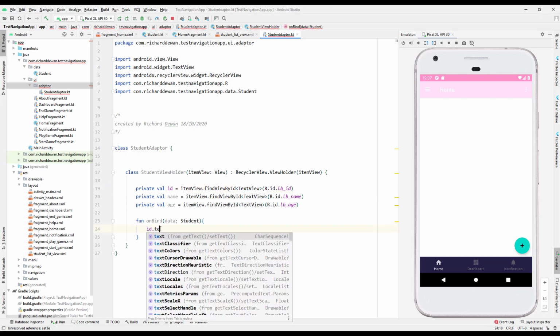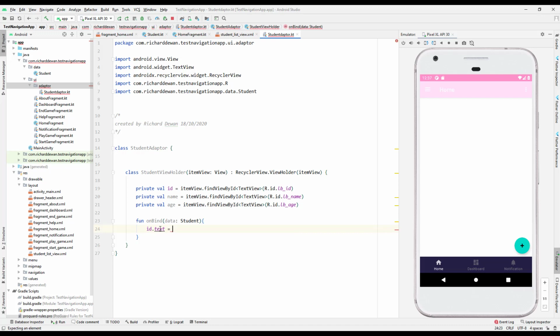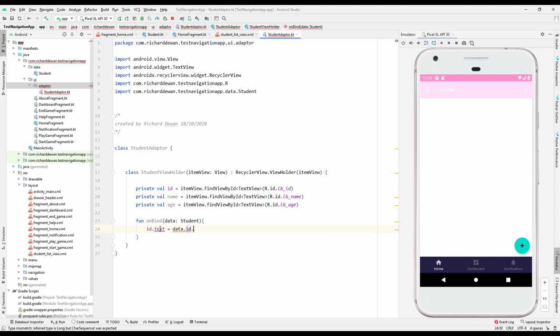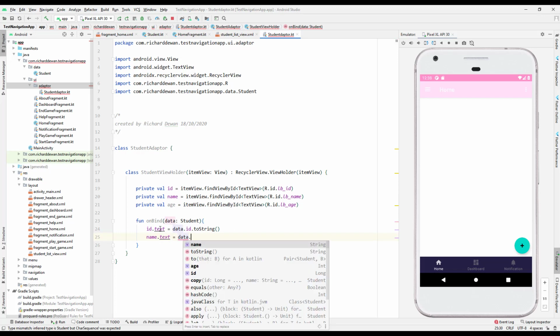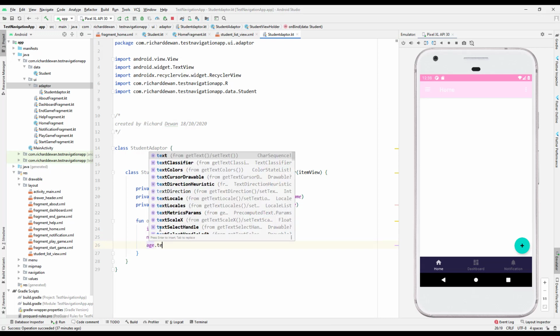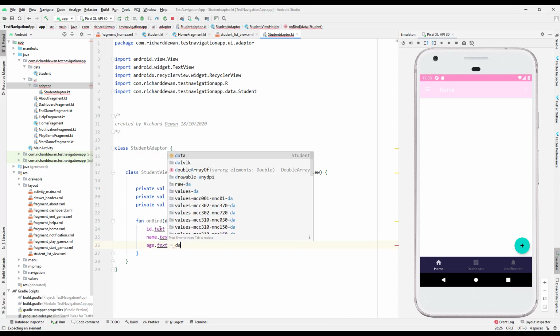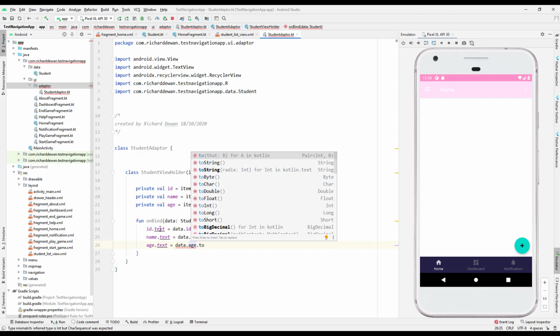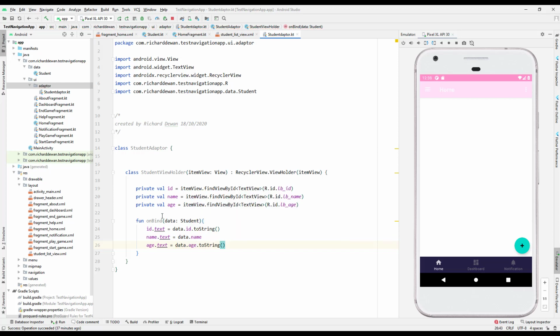So I can just set the text over here, which is equal to data dot we can get the id dot toString. We need to convert it to a string, and we have name.text, which is equal to data.name, and then finally we have the age, right? age.text, which is equal to data.age, and toString that we have to convert it. Okay, so we have set up our view holder,